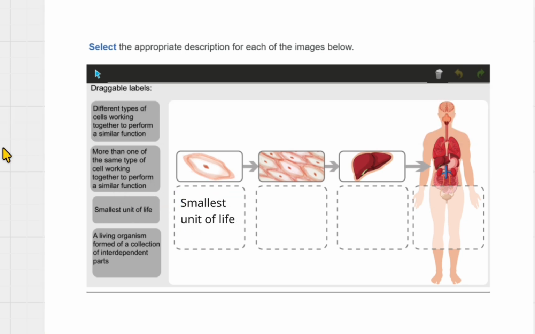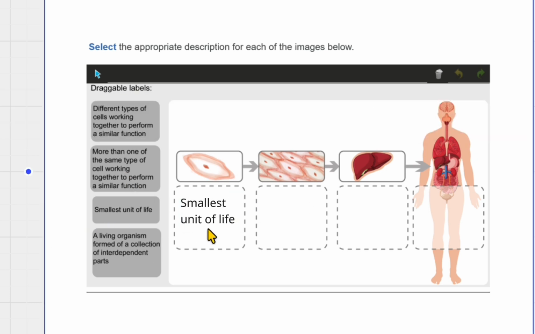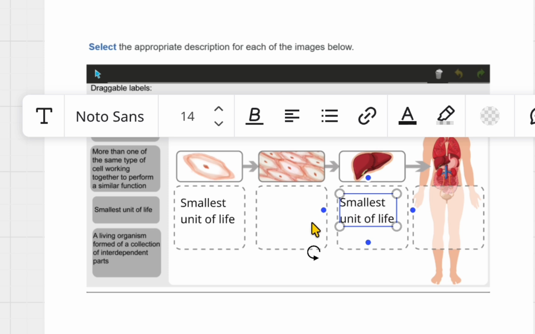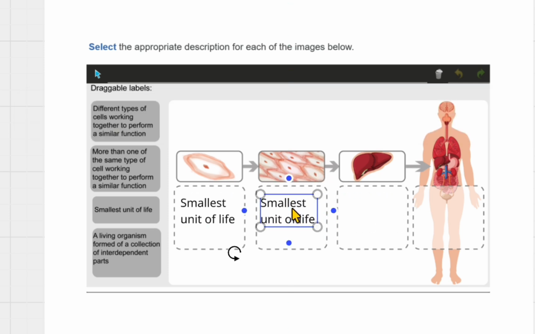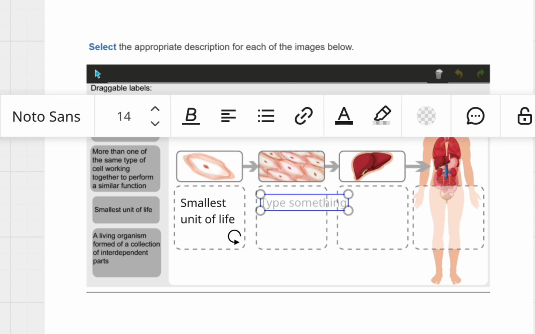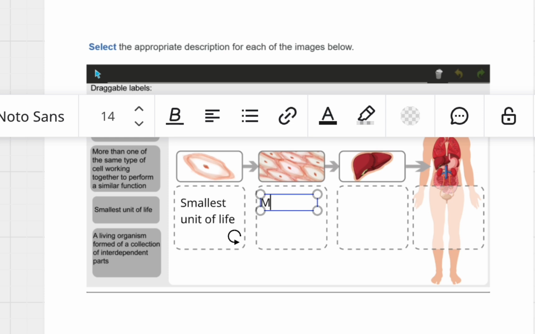We have the option over here, more than one of the same type of cell working to perform a similar function. No, that's not it. Oh yeah, that is it. I'll just put it over here. More than one of the same type of